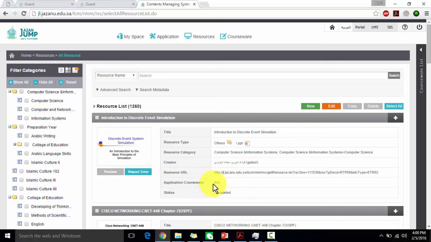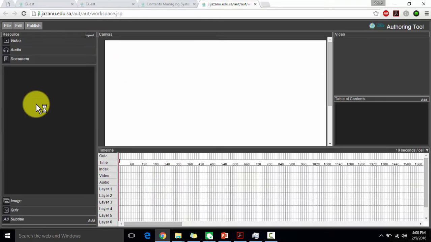So there are two types of resources as I said. First we create the sub resource. If you want to create the main resource, go to the application and click on the authoring tool. In this authoring tool, you can have different types of resources that you want to keep, directly from the system or directly from the resource or directly from your folder. So you are able to manage and import by using the different upload resources.